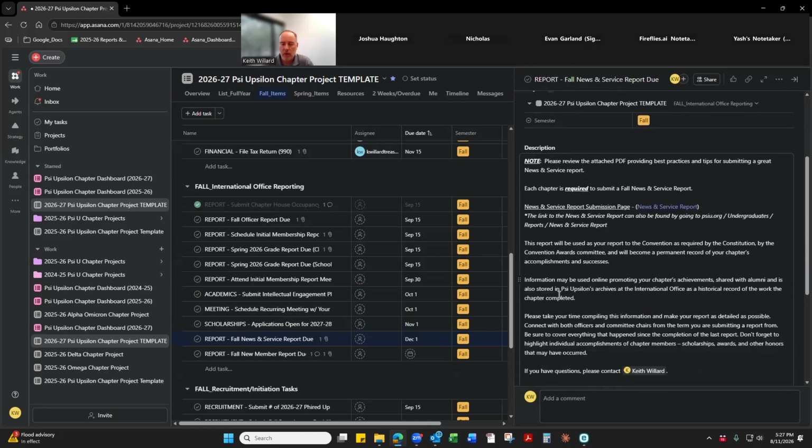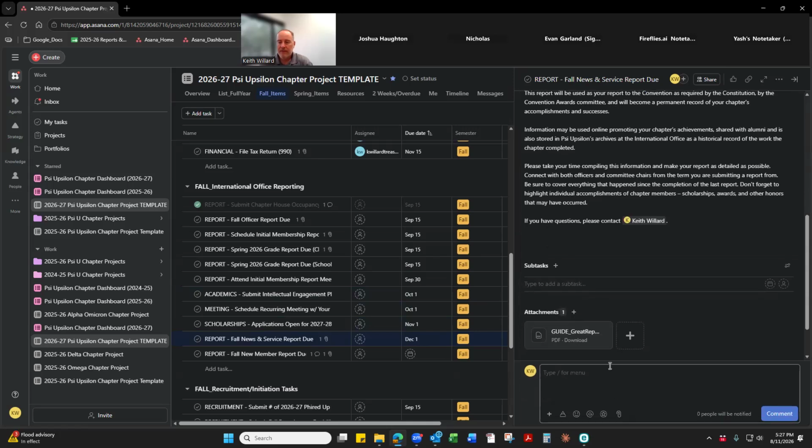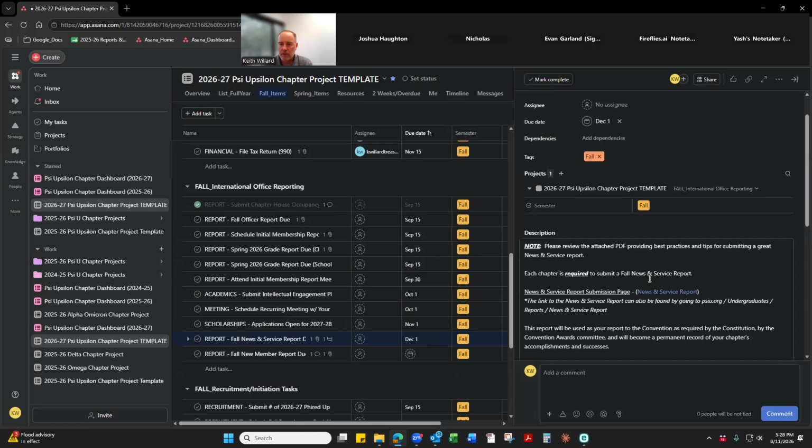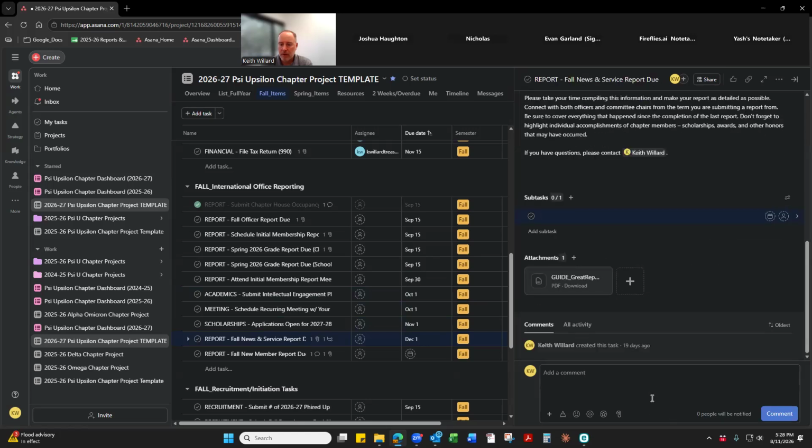And this is a great report where you might want to add other people to this task, because you're going to want to hear from the philanthropy chair, service chair, prior academic chairs, if you have an intramural chair, social chair, all those aspects of your fraternity. Things you did over the semester are going to be important. So all you do to add people, like create a team, is you should be able to, it should be down below